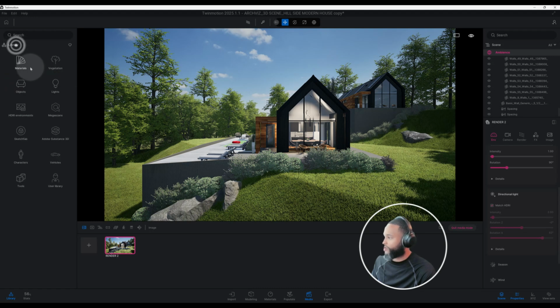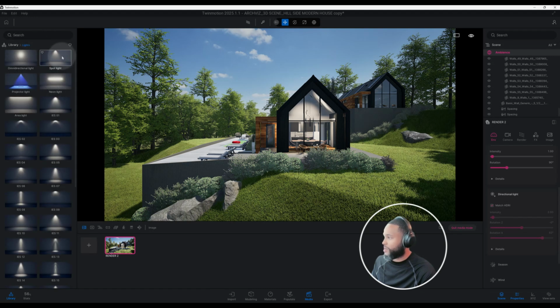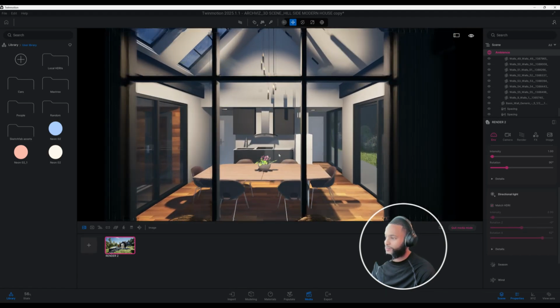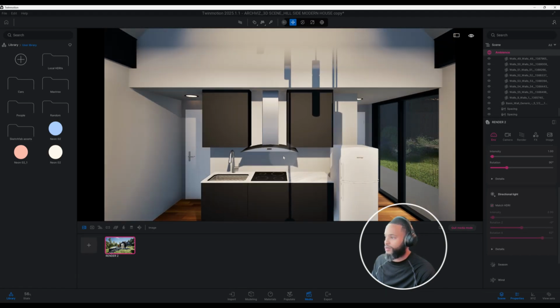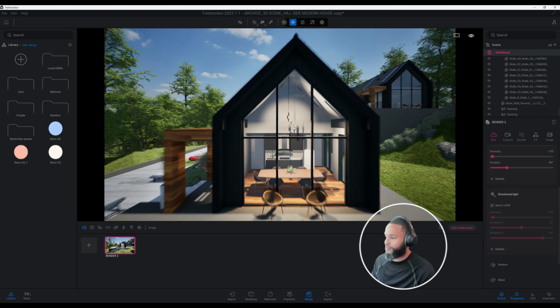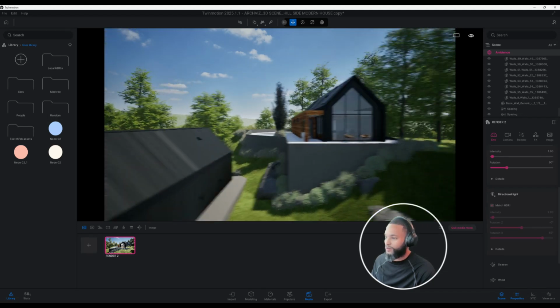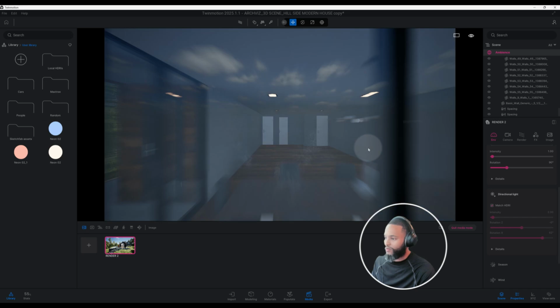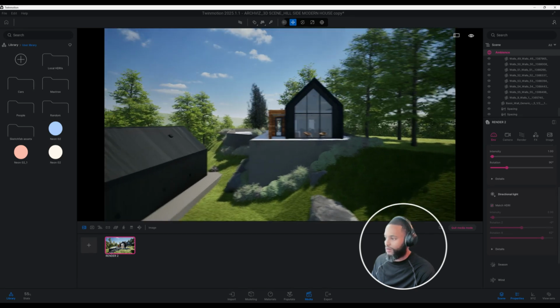And if you're wondering what type of lighting I used, I did use some area light, and also some neon lights. So we can scroll in here so you can see what the lighting looks like. Just scrolling in, giving you an idea of how I lit my scene and